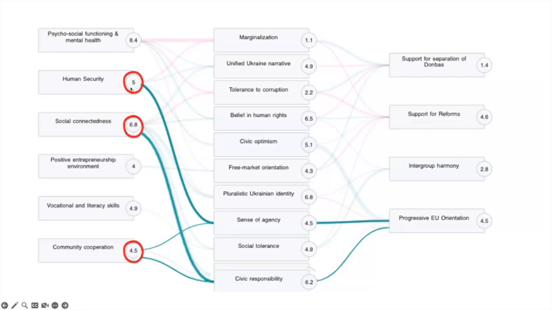You can also see the scores here, so we can see which driver we need to focus on. Social connectedness, a score of 6.8 out of 10. Maybe that's not where we focus our attention, but we focus our attention on human security because it is 5 out of 10. And then we can take this and look at a heat map again and zoom in further and understand which geography needs human security interventions and what human security elements,